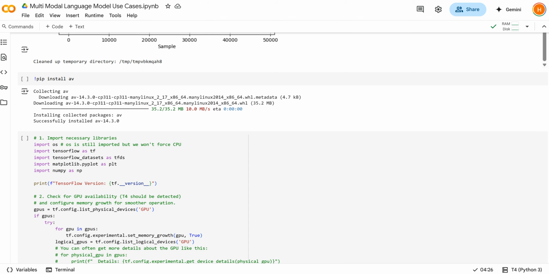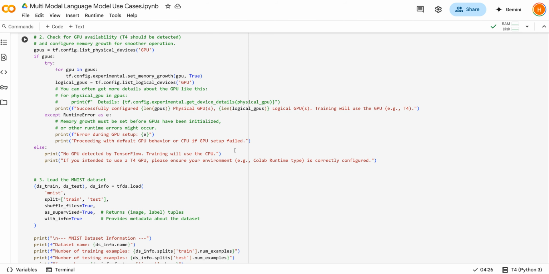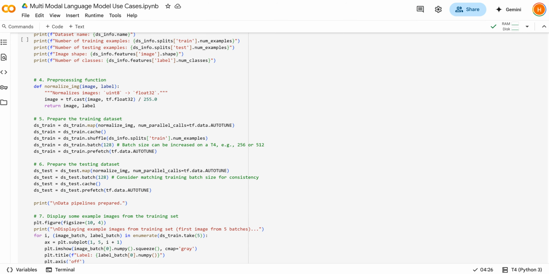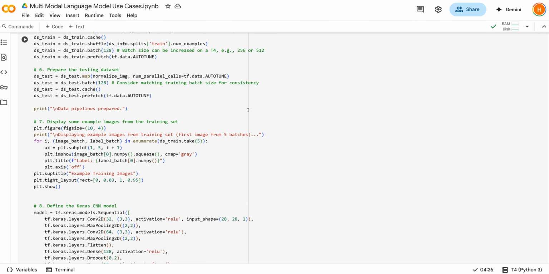And then moving on, next we are gonna load MNIST data. We're gonna use TensorFlow for it. We load 60,000 training and 10,000 test images of handwritten digits. We're gonna normalize images from 0 to 255 to 0 and 1 and batch them, shuffle and prefetch the dataset for performance. We display 5 example digits from the training set to verify the pipeline, and then we use 2